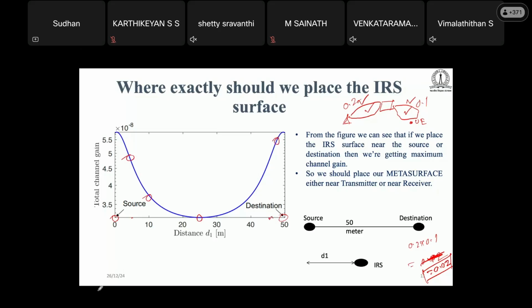So there is some reason. I'm not going to go into very detailed direction. If you read, then only you will be able to understand that placing this IRS element near to the source, or placing the IRS near to the destination, always gives a good channel gain. So this is good, and this is good. But if one places it in the middle of source and destination, then it will get